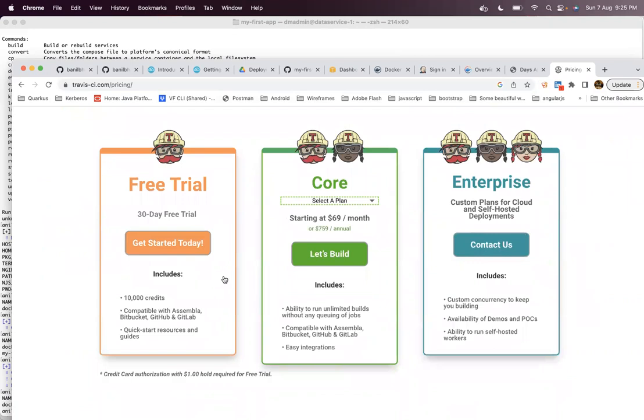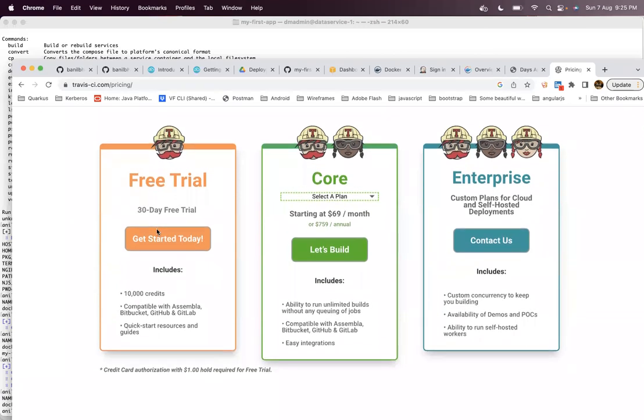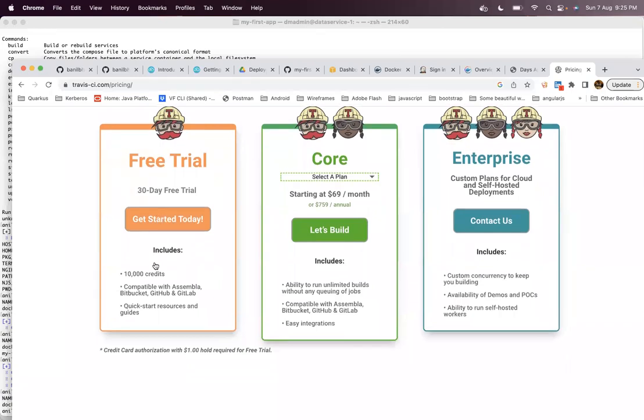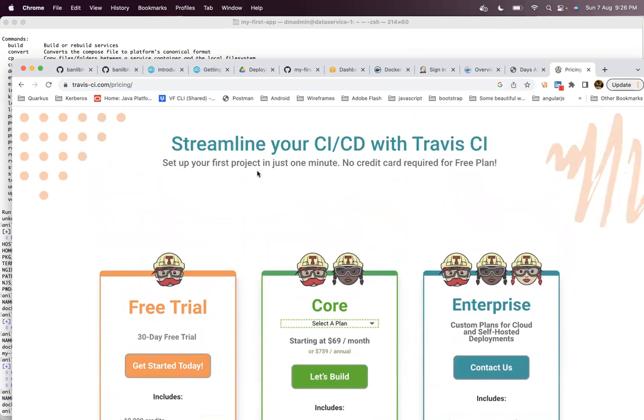For private projects, after 30 days, it will charge. You can buy other plans as well, but to start with, you can open an account with the free trial. It will ask for your credit card information, enter it, and then you can use Travis for your continuous integration and continuous delivery process.